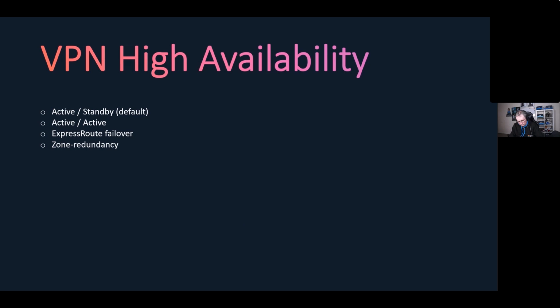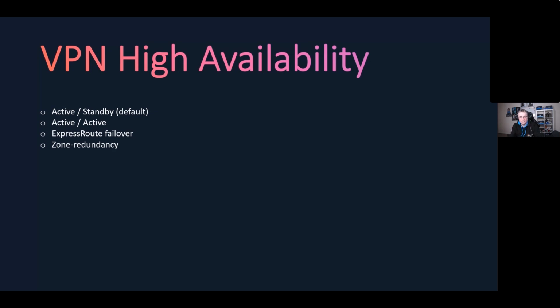Because you have 2 separate active connections, these active connections do have separate IP addresses, so it's a bit more complicated and complex when it comes to configuring and ensuring your network flow is correct. But it's certainly something to consider if the VPN connection is